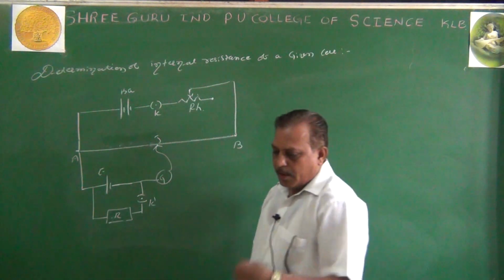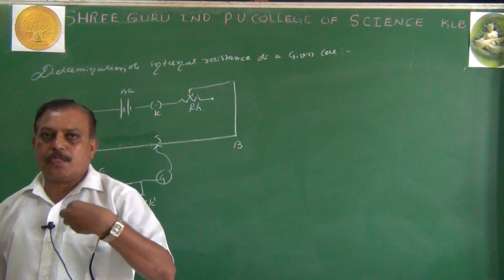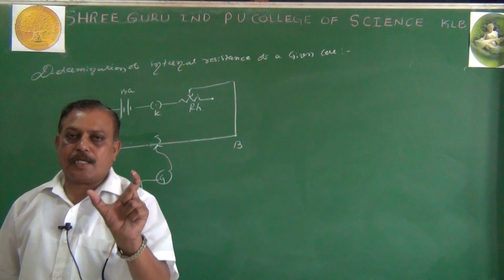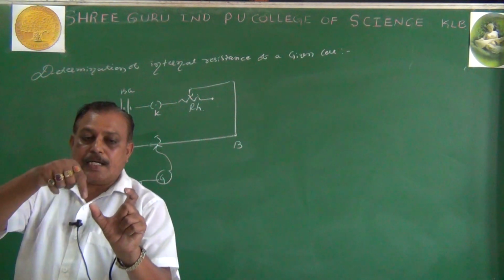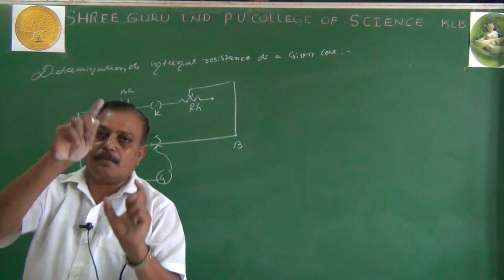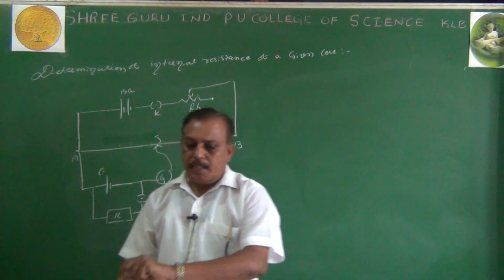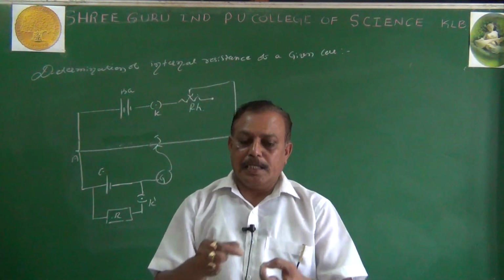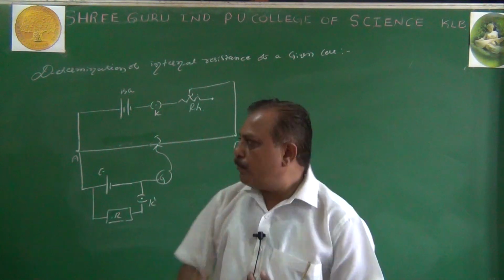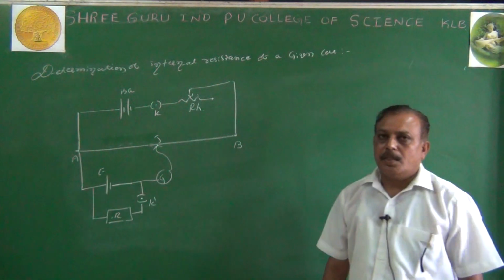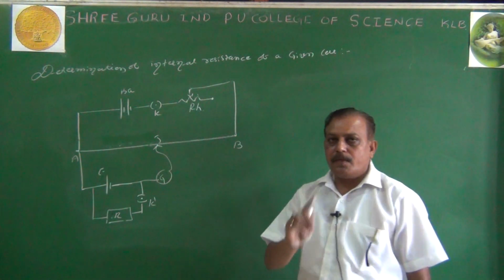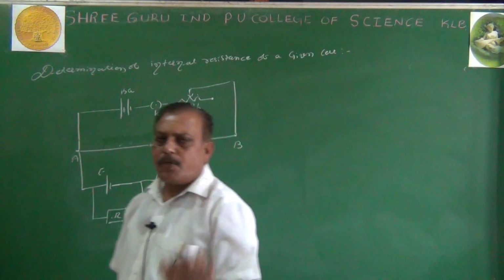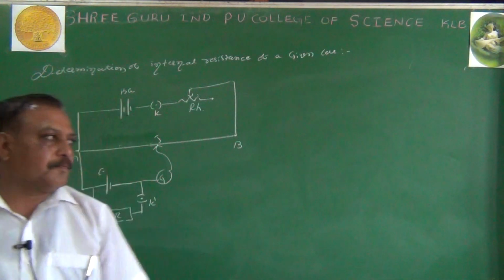The simple thing: when you bring an everyday cell from the market and hold it in your hand, it is not connected in a circuit, so it measures EMF. The same cell put into a torch or a watch is in the circuit, so it measures potential difference. The open circuit voltage is known as EMF and the closed circuit voltage is known as potential difference. I take the same concept here.